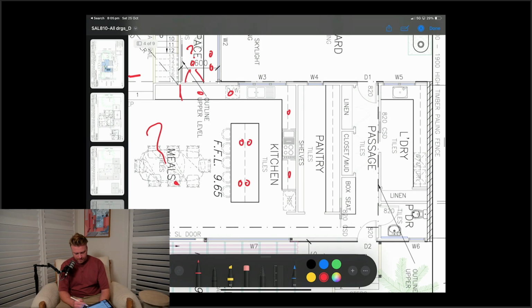There's no overheads in our kitchen at all. So we won't be doing any LED strip there. So we'll be doing LED strip in the pantry, and in the mudroom there. We'll probably do a row of 6 in the pantry. Probably utilize another wall washer on this wall here, and then probably another 6 here. Another probably 4 in here,